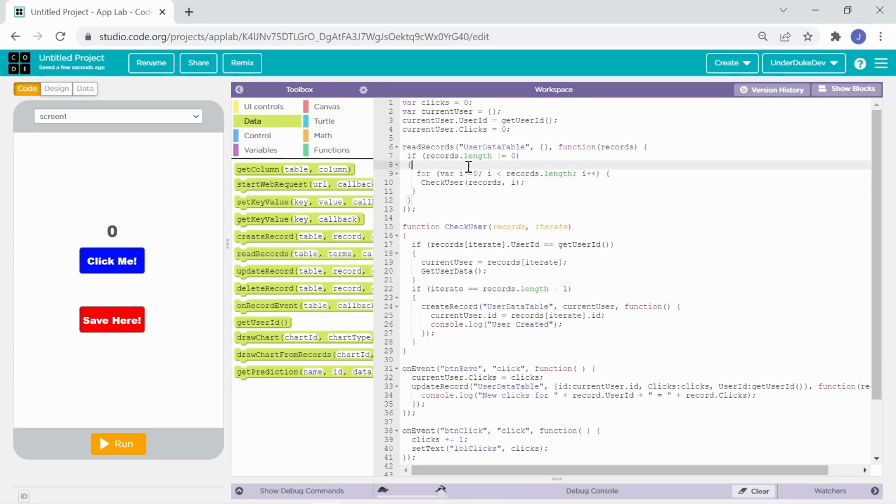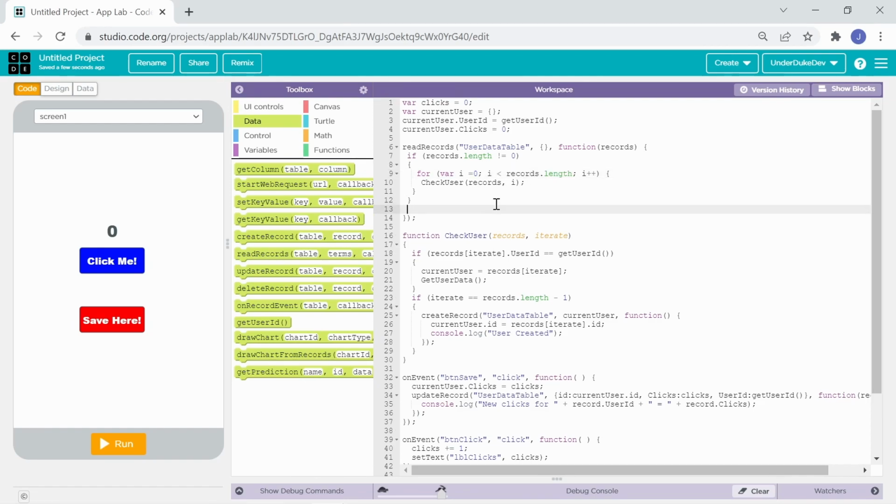So basically, if there's records in this table here, then we do the for loop, because for loops do not actually trigger if the length, well, of course, it's records.length here. So if there's no records, then it just doesn't go off. All right. So then else,